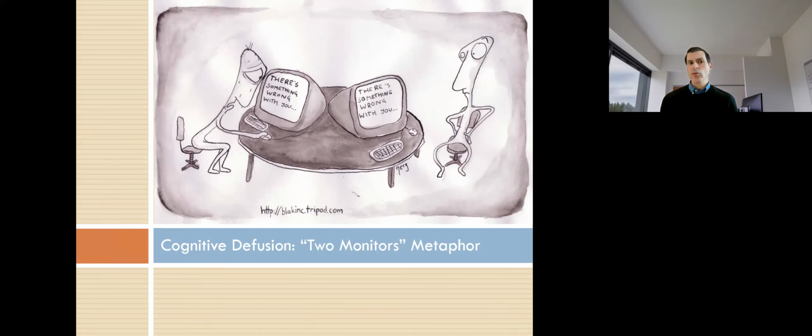Another thing that can be helpful for people that I've found is this idea of the two monitor metaphor. I've used this with patients like Mary, and this is the idea that you don't necessarily always have to change the negative thoughts that your mind is giving you. Sometimes it's just the way you interact with them that actually makes a big difference. And this is the example, if you're familiar with it, of if you stare at words on the screen that you don't like and you do it very close up to the monitor versus farther away, how that changes your perspective. If you step back from it and you can see more in your field of view, you're actually going to find that less distressing